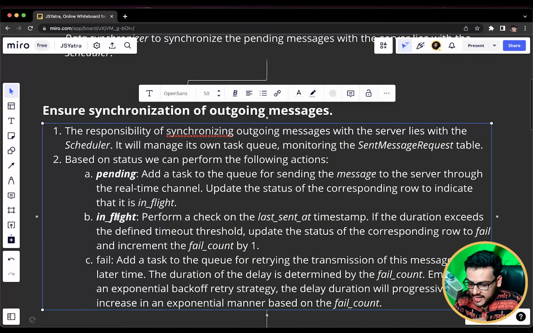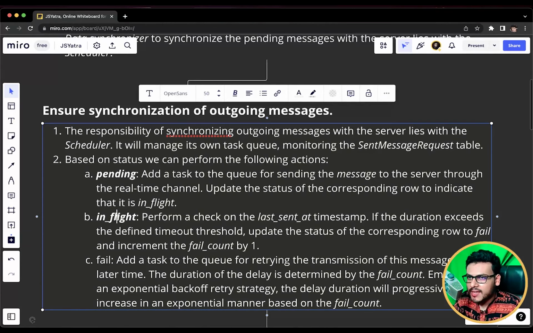So if I exceed 5 seconds, then my backend server failed to update me about this message, and I am going to mark it as a first fail attempt and update the fail count by 1. Now again I am going to wait for 5 seconds. If the backend again doesn't send me any update from their side, I am going to mark this second try as a fail attempt again and update the count to 2. But the scheduler is not going to update anything on the UI because there is still one retry left.